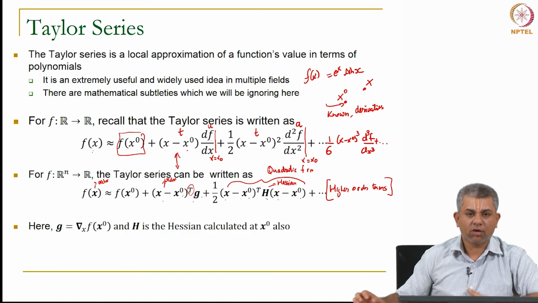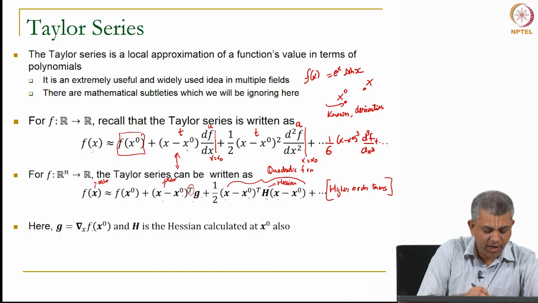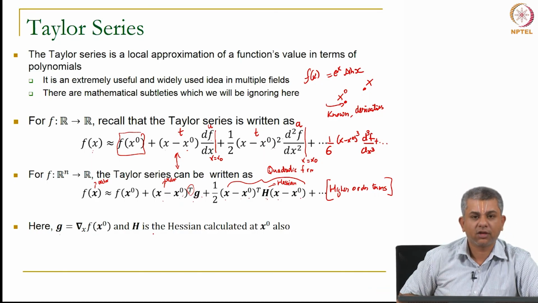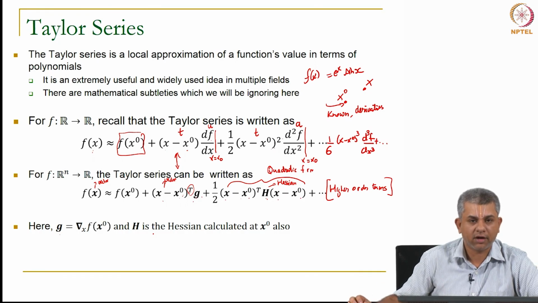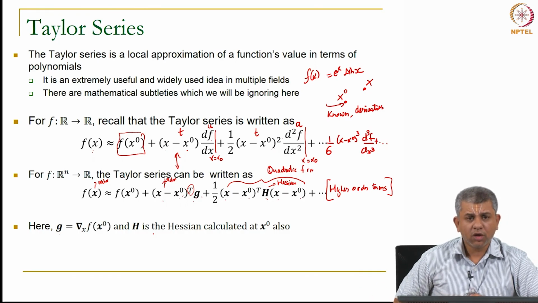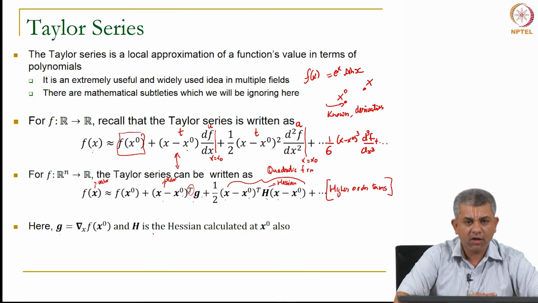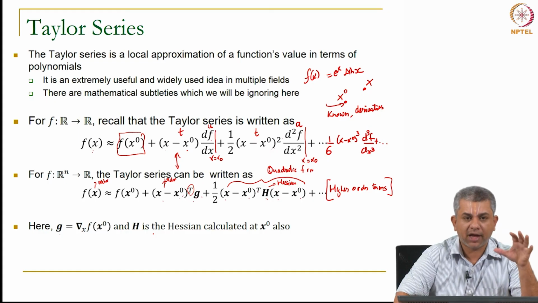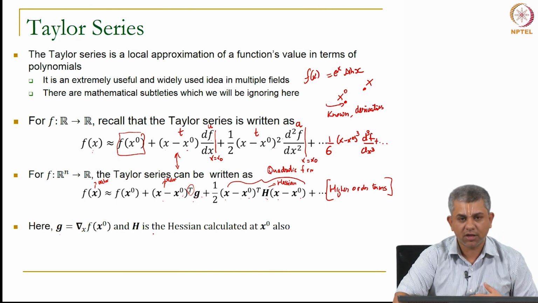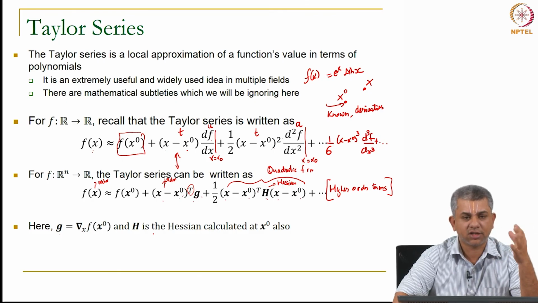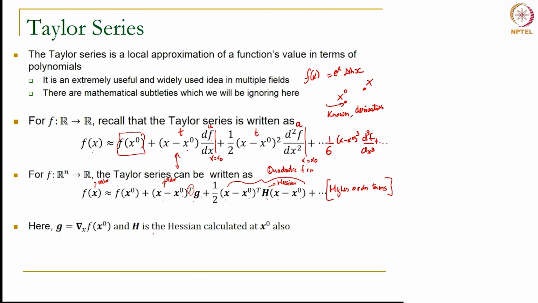Okay. So, as I had said earlier, we had defined G as the gradient and H as the Hessian, also calculated at x naught. So, this is just some preliminaries for multivariable calculus. We will be using all these ideas only sparingly, but you do need them in terms of building your intuition. So, in case it is not clear, please revisit this video a few times. In the next video, we will be looking at a few simple mathematical relations in matrix calculus, like this one, that is slightly advanced material.